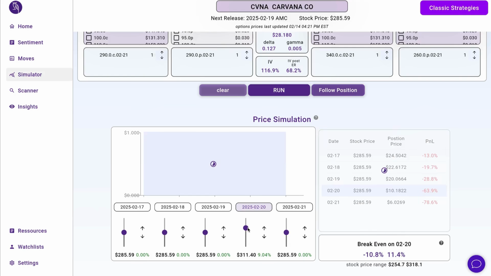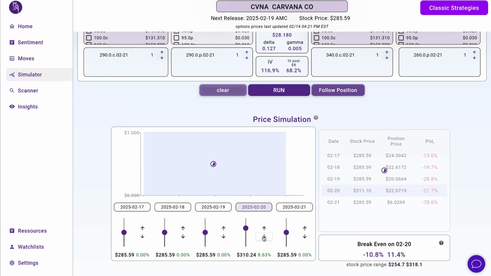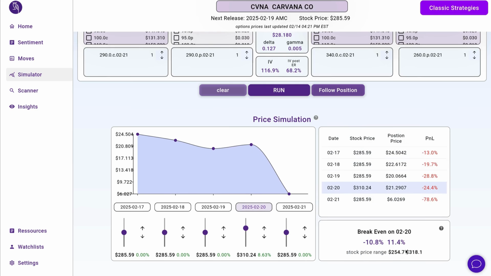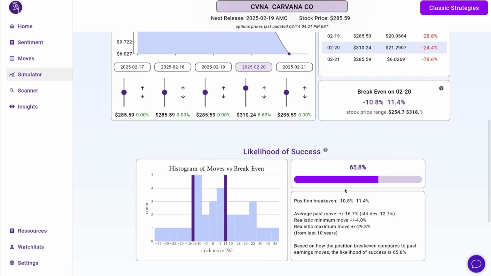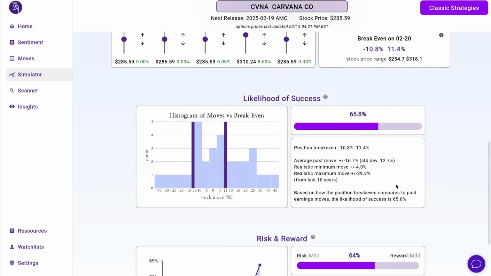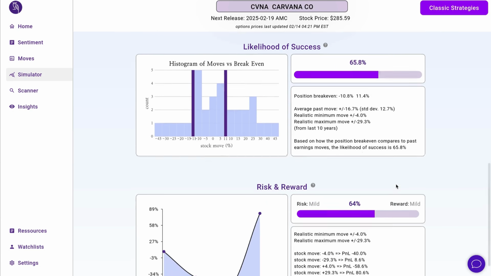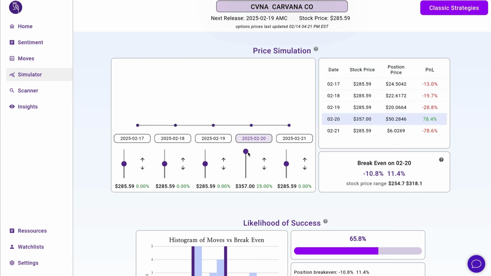And if we simulate that realistic move of 8%, we see that we reduced our loss to 21% rather than that 40% that we have seen for the pure straddle. So this is an example of, if we're not comfortable with that big loss, perhaps a more conservative position like this, with still a great likelihood, even higher since we lowered our break even by composing this inverse butterfly, and the risk reward is still pretty much worth it, where realistically this is a 24% loss, and if we simulate that 25% move, we're still exposed to here a great return of 78.